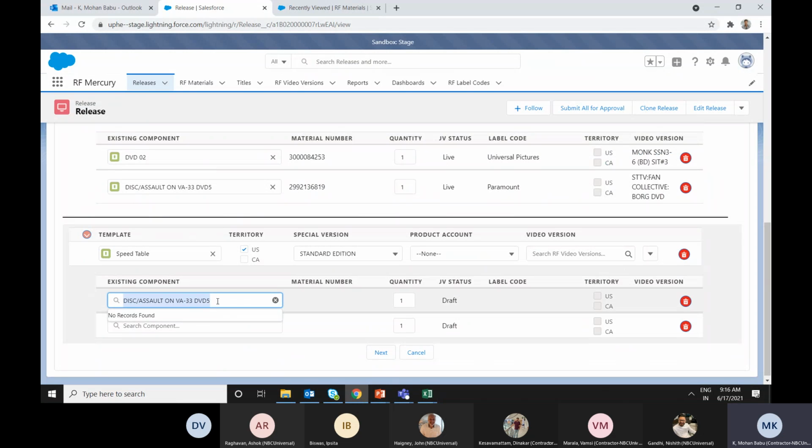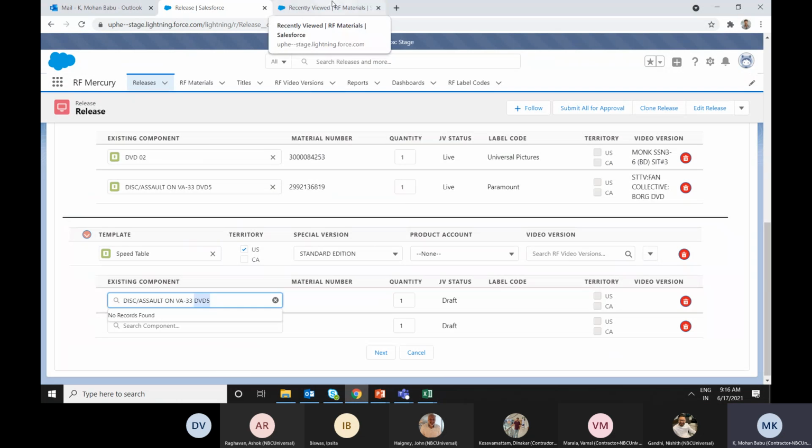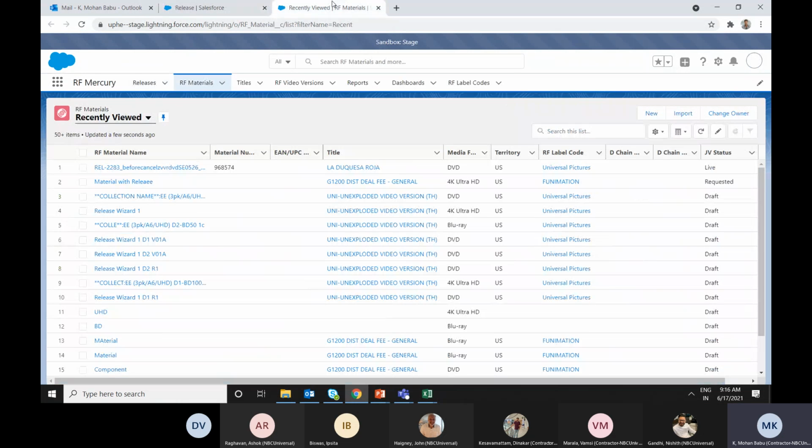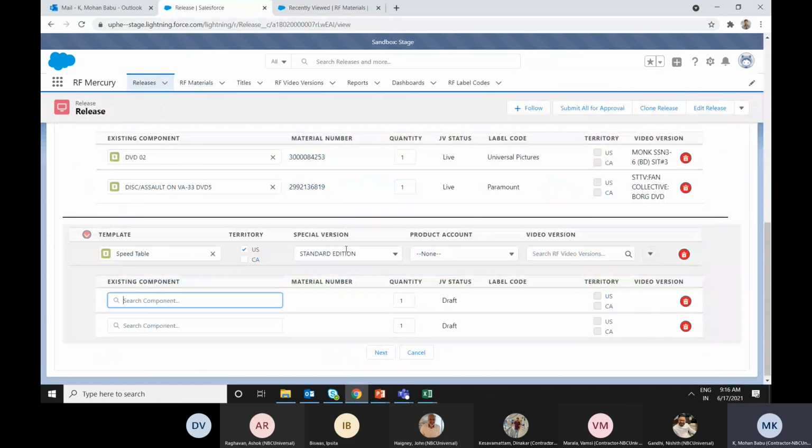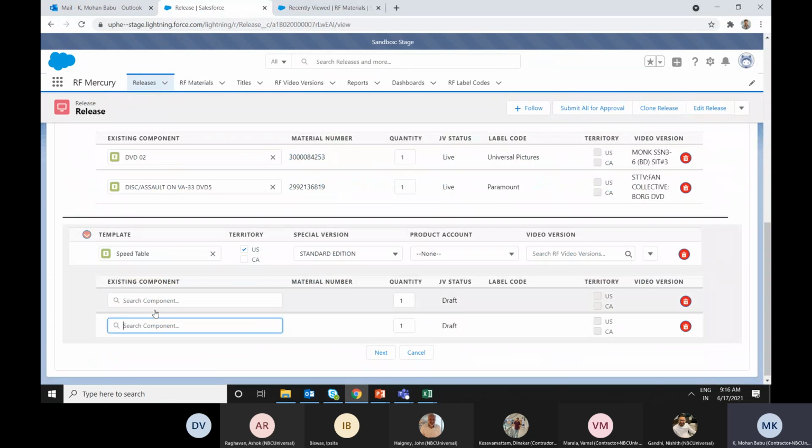So only the FERT related materials can be added to the multi-pack materials. The multi-pack material's pack type is multi-pack, and this material is also a FERT material. So for the multi-pack we can add only the FERT. We can choose existing component as FERTs.